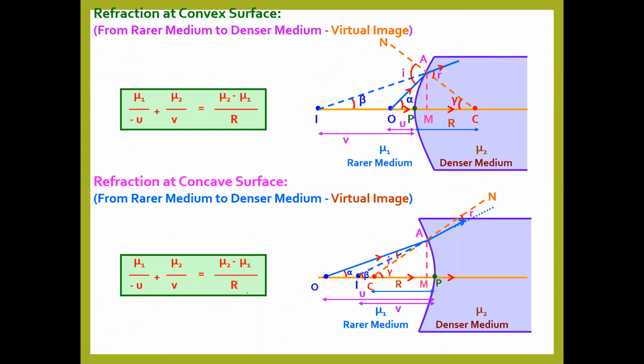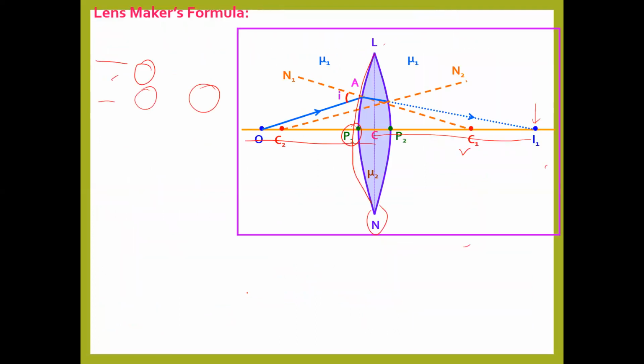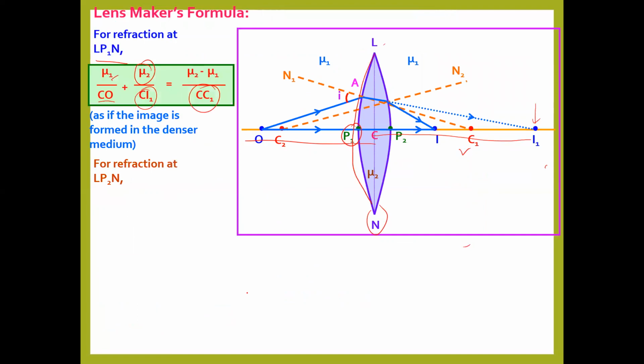So these equations will be applicable for that case also. We are just using that previous equation that I showed. But after that, what will happen? After that, the second surface will have some effect on the final image formation. See, this was the image formed. Actually, this is not the actual image. It would have been the image if there was only this surface. But there is also this surface, so there will be some effect due to this second surface.